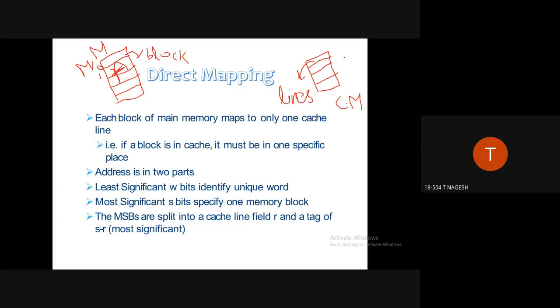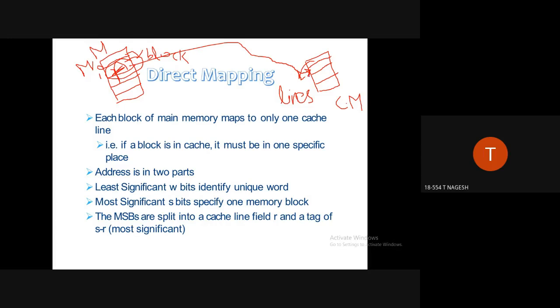First your CPU will check in the cache memory whether the variable a is there or not. But unfortunately, it won't find that variable in the cache memory. Then what it has to do? It has to access the main memory, where it finds the variable a in block number 1, right? It has to take this entire block and keep it in a designated line; not just any line, there will be a designated line for each and every block in the direct mapping technique.